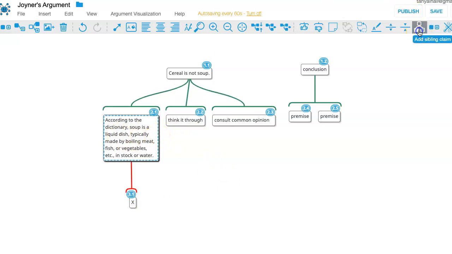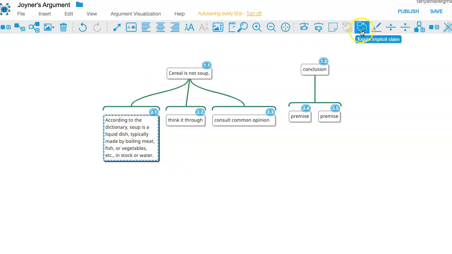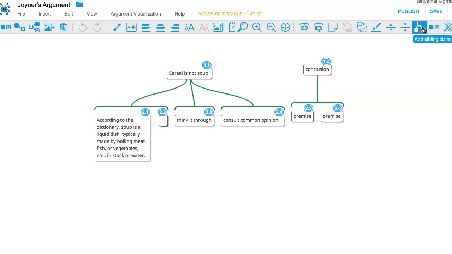And let's add a co-premise. How does the dictionary support this conclusion? What must we additionally assume? And let's remove our objection for now. What must we be additionally assuming in order for this to provide its bit of support? Imagine somebody says, so what? How does that show us that cereal isn't soup? We might say something like, well, cereal is not made by